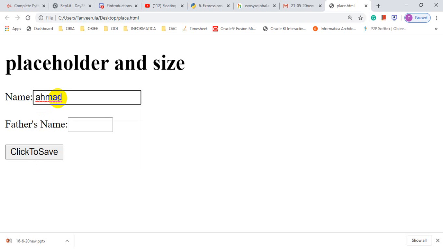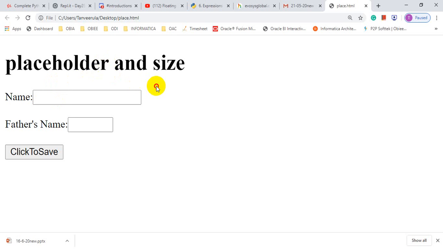But at that time he may be confused whether to write only Ahmad, or Ahmad Ansari with surname, or also pass his father's name. So if you are a good developer, a good software engineer, you have to use the placeholder attribute.